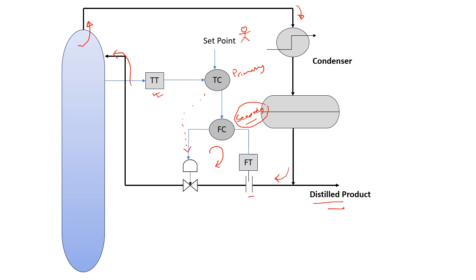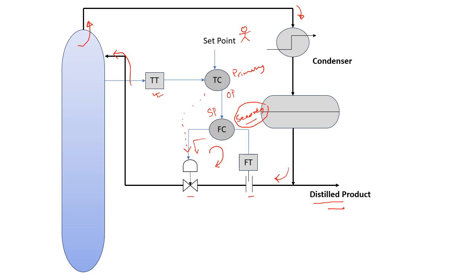There is a flow transmitter which measures the flow and feeds the signal back to the flow controller. The flow controller in turn adjusts the flow control valve to admit the correct quantity of flow into the distillation column. Now this flow controller gets its set point from the temperature controller. This set point is basically the output of the primary controller, and the primary controller takes its set point from the